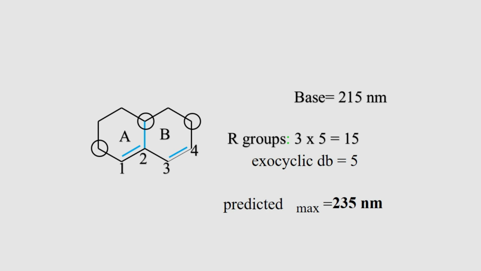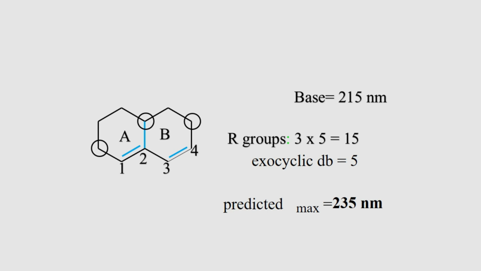Here you can find that for the first carbon atom there is one ring residue, the second carbon atom has a ring residue, for the third carbon atom we cannot find one, but the fourth carbon atom has one ring residue. So that is 3 into 5, that's why a 15 nanometer increment is there. Now the next one is the exocyclic double bond. For ring A we cannot find any exocyclic double bond, but for ring B we find one exocyclic double bond, and that's why the increment in the absorption value is 5 nanometer. So we write 1 into 5, so 5 nanometer.